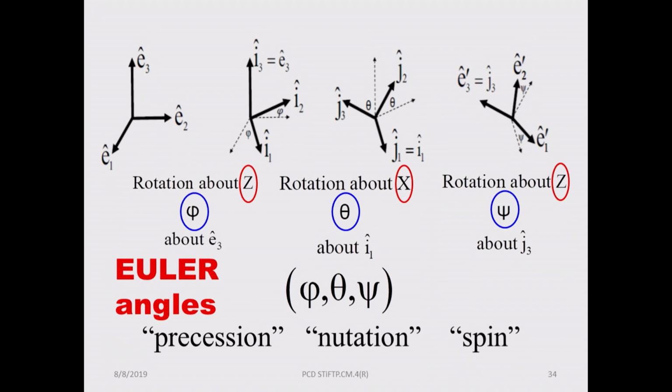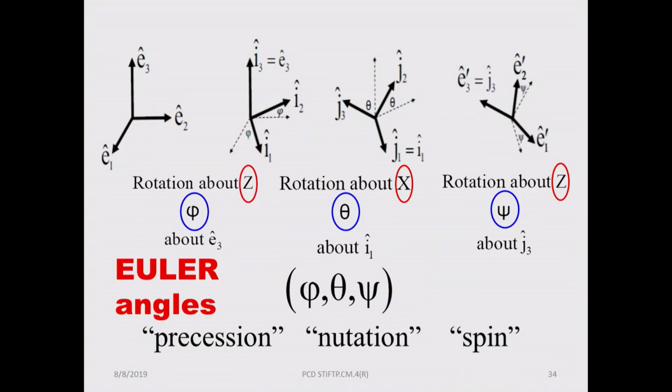There are alternate ways in which you can carry out this transformation. Instead of carrying out the transformation about the z-axis first and then the new x-axis next, you can choose the new y-axis if you like. So there are alternative and equivalent ways of defining the Euler angles. There is a certain convention involved, but this is a rather common one which I make use of. And with this, we have all the tools to study rigid body rotations, change in angular velocities, change in angular momenta, how the torques are involved